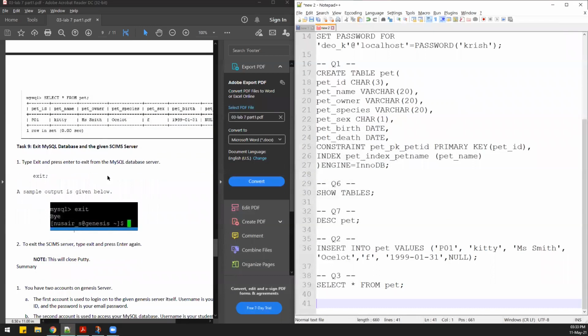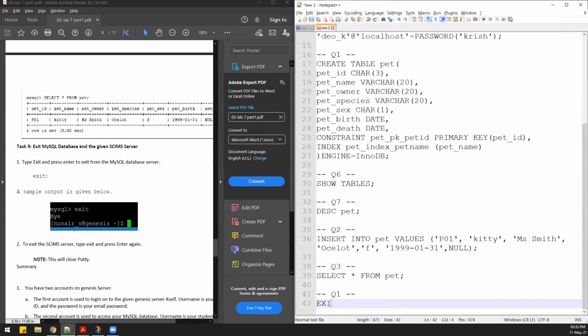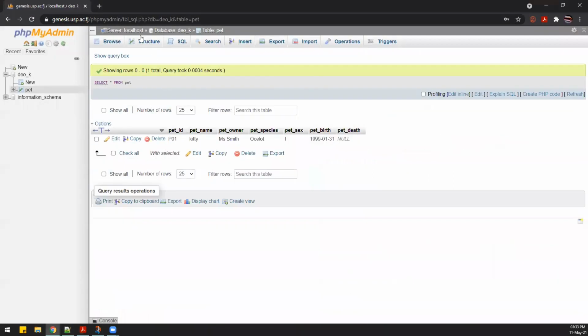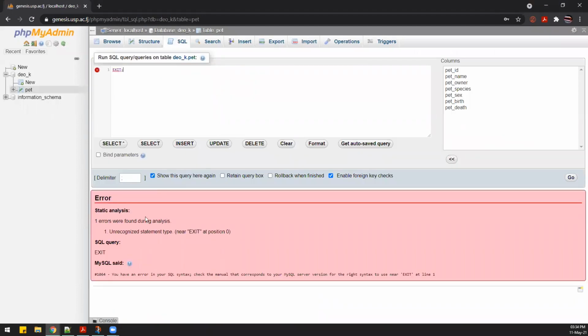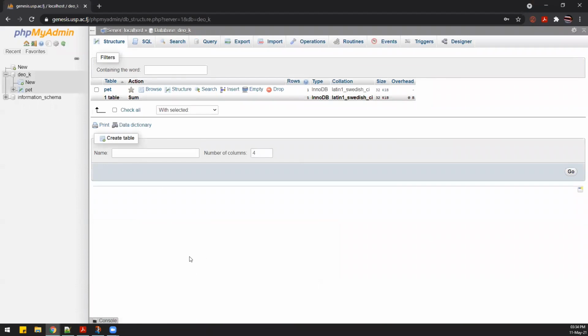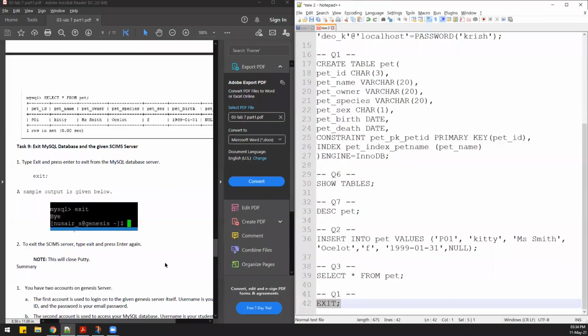Okay, and then finally, to exit from the database, you can write exit command, that is query 1 of task 9. So if you write exit, then you will exit from the database. Okay, so let's see. Right, okay, so we get some error. It says unrecognized command, because you cannot exit out of your database and go to some other database, because we are given some restricted access. Otherwise you will be able to access everyone else's database. That is why that query doesn't work in here.